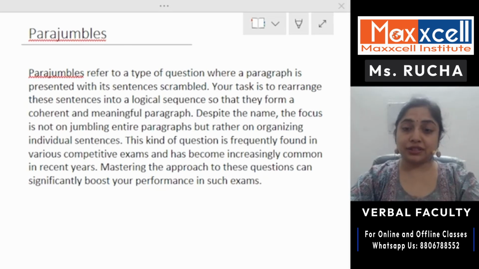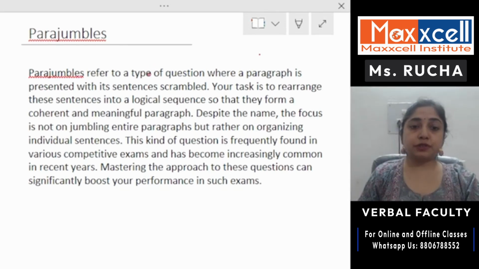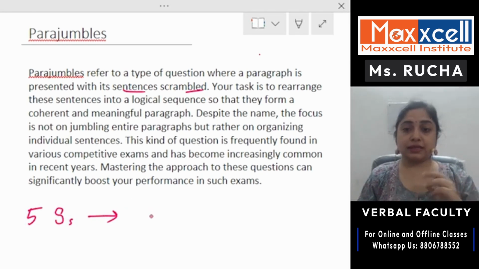Let us read the definition line by line, understand it, and then move ahead with its logic. Now let us read the definition of Parajumbles before we move ahead with its logic. Parajumbles refer to a type of question where a paragraph is presented with its sentences scrambled. Now let's say there is one paragraph made of a total of 5 sentences. In the options, they will give us these sentences in a jumbled format, which means the